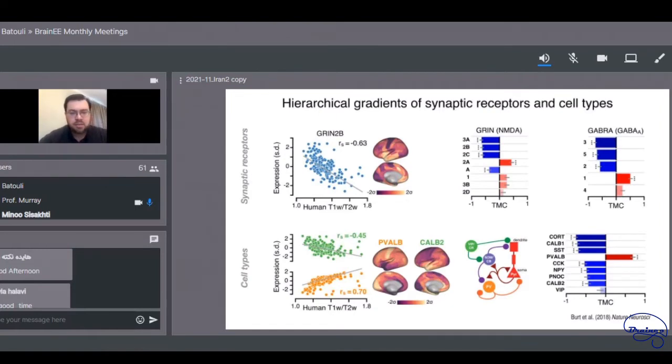And we also see strong hierarchical gradients in the expression levels of different inhibitory neuron markers, in particular for parvalbumin interneurons and calbindin and different cell types, which have different connectivity properties. And so this is just to show that, across this hierarchical measure, we see a lot of variation of the microcircuitry as can be measured in this bulk gene expression. And we think that that may be important for the functional properties of these microcircuits and the types of computations that they can produce.